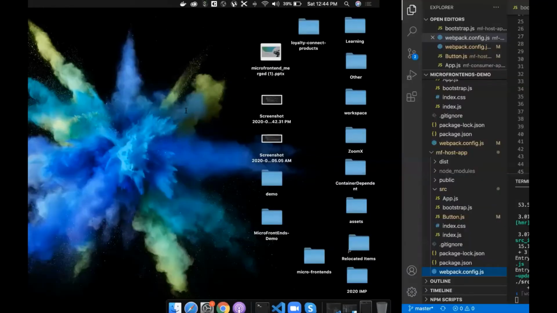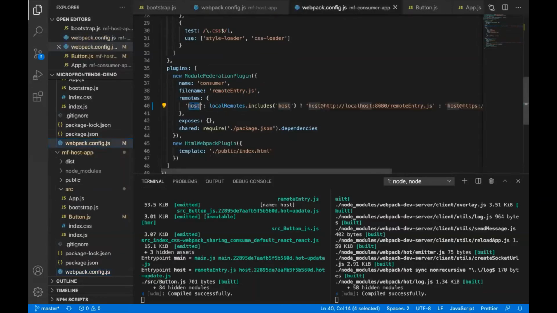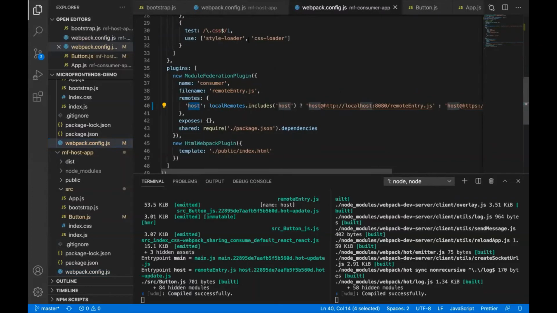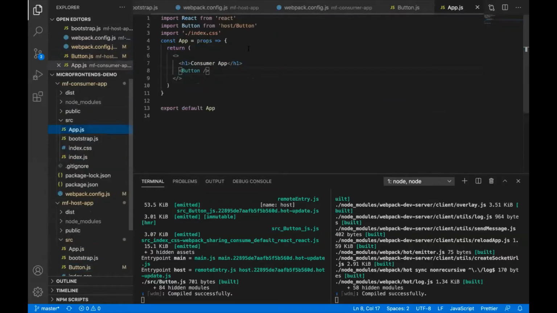As you are exposing only the button, you can also expose an entire application. But your question is why it is taking the button component by default. Because here you have taken it as host. When you are actually using it, just go to app.js. Here you have defined that you want a button component from a host, so it is taking the button component.